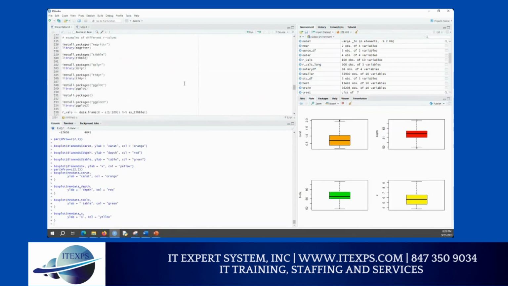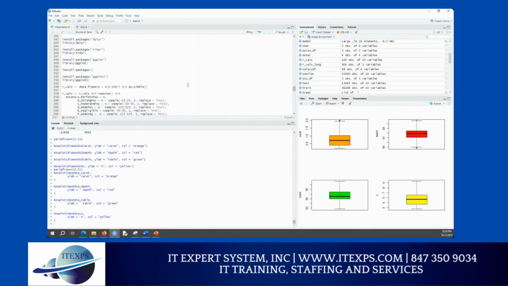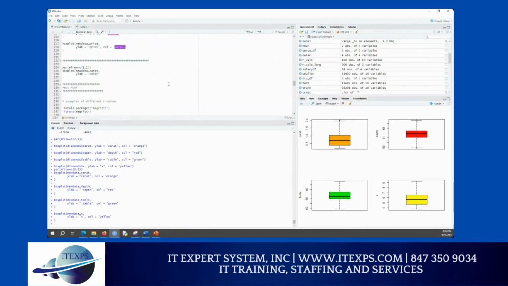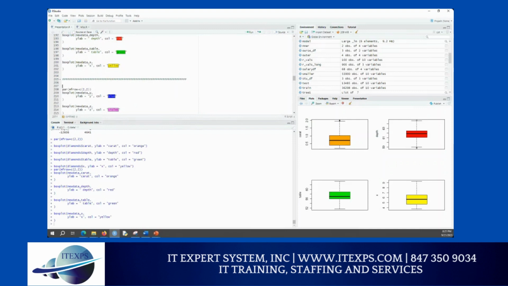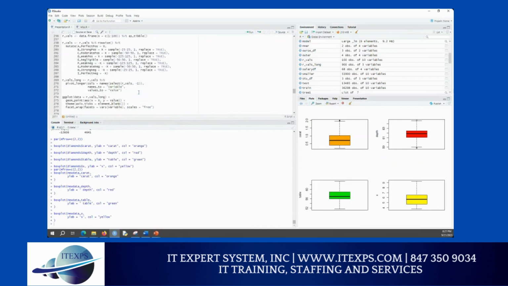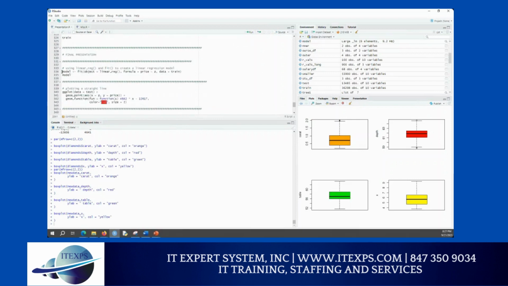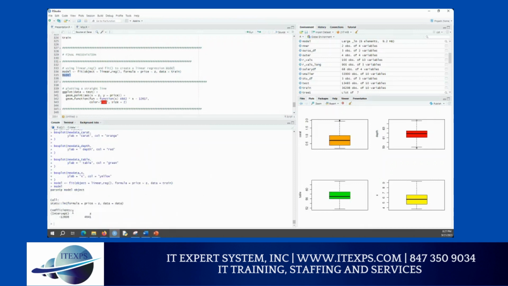Then here we created a model, and here we got a coefficient